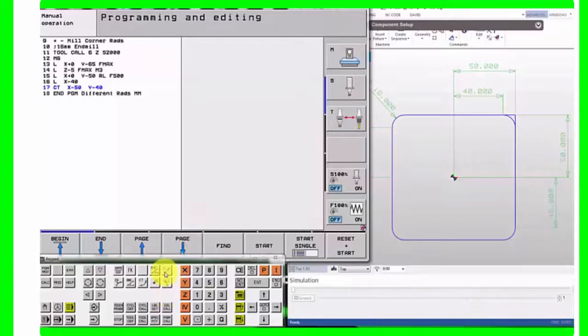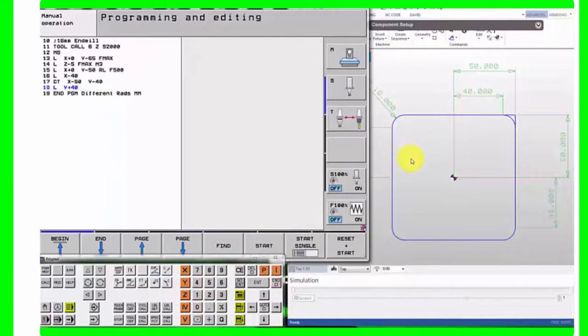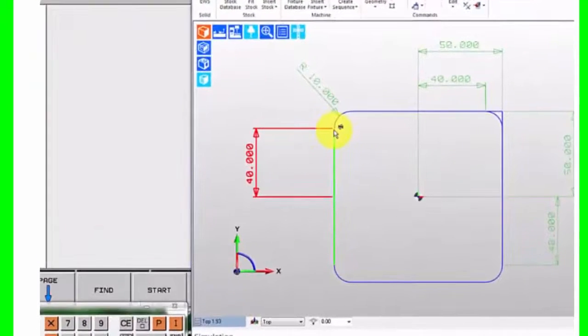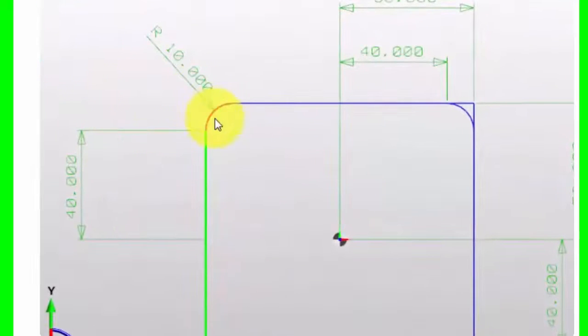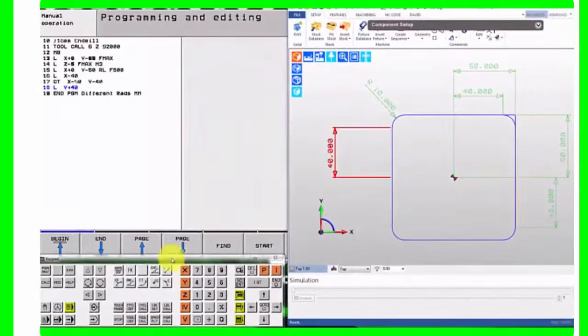So if we say another linear move, this time I want to go to Y 40, and I'll just say end. So I'm coming up to this point here, Y40, and now I'm going to use the end point and the radius to get my circle. So I'm going to tell it where the end point is and what the radius is, and all it does is look at the last point and the next point and stick it in between those. So it's not tangential or anything, so it's going to need to know the rad, it's going to need to know the direction, and it knows where it is now, and it's going to put it in between those 2